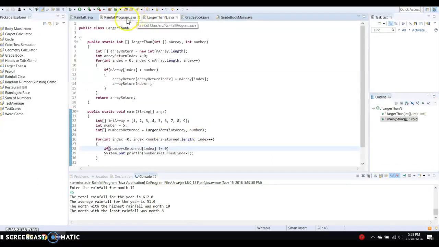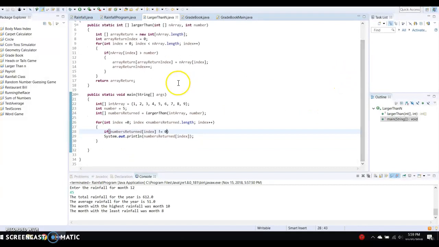Next is larger than n. This one didn't have a class. I put it all into the one part of it. There's my arrays. Another array. I didn't put in any, the user can't add any numbers to it, but I initialized my array with that set of numbers. I could have put any other numbers in there, but those,